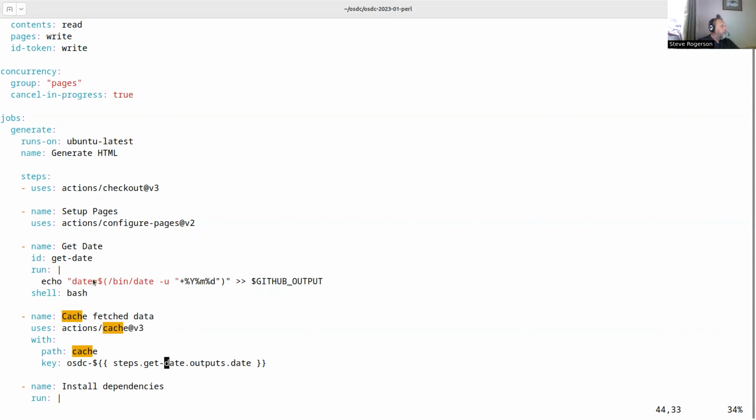Oh, because it says date equal. Okay, so it outputs that one. So that's why we have this date. And this thing will give you a date of year, month, and day. So now we have a key